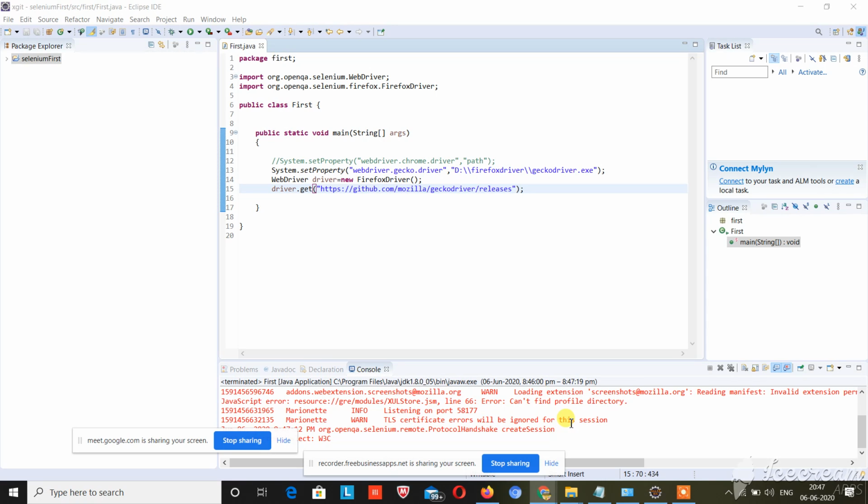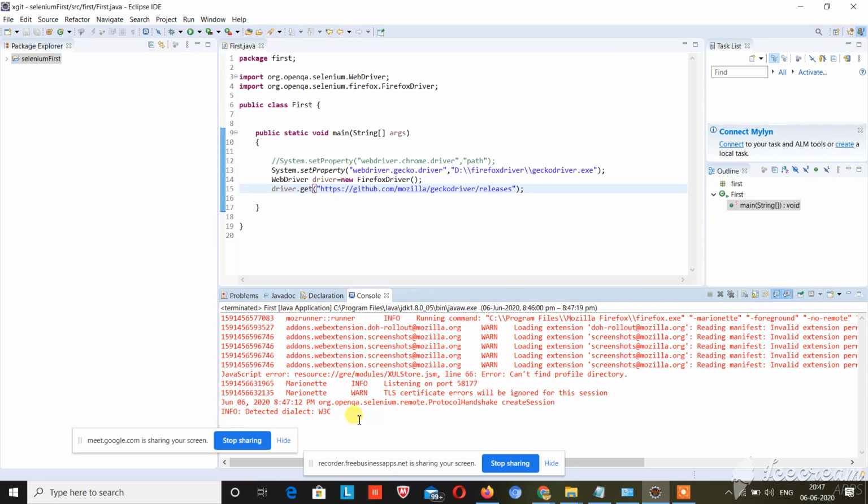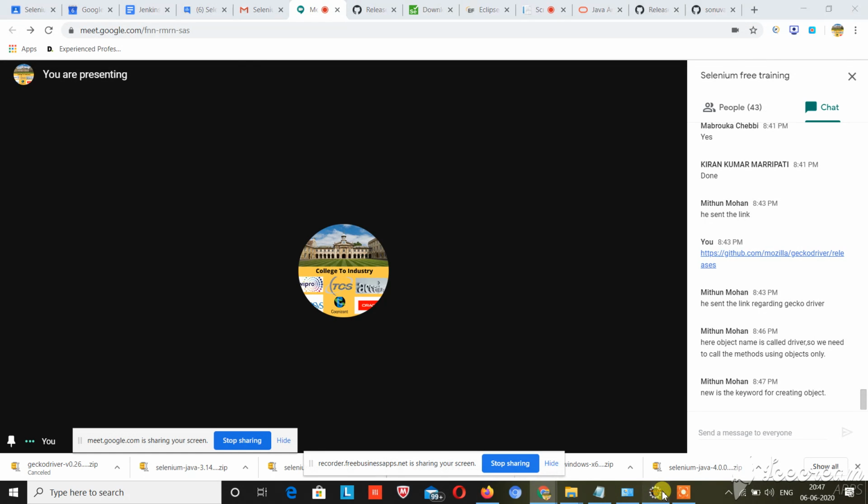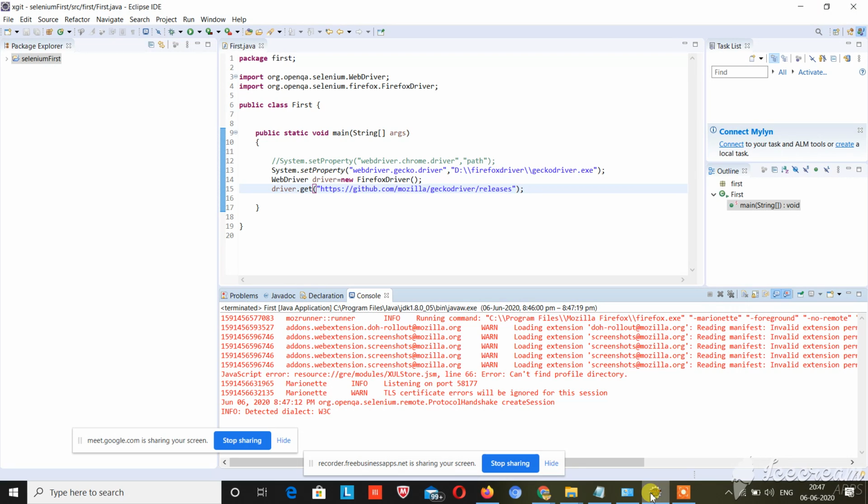Selenium is not so slow, so you can see that several background things are running. Now it will open this URL. People want to join, and when I go back to the screen, the pop-up went back.